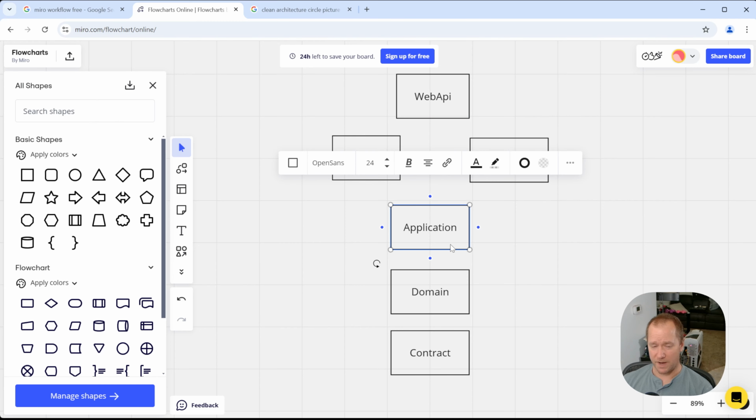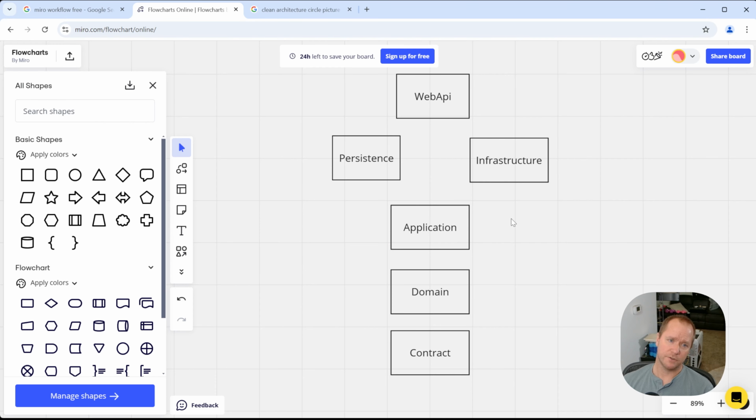Web API is going to make calls to the application layer. Application is where we house a bunch of handlers. The way my head thinks about handlers, they're kind of like a business manager, a job scheduler, a task manager of some sort. Application will do some work for us. It will do some of the coding, some of the math, some of the adjustments that we need. But in general, the application is going to be using interfaces to fire infrastructure methods